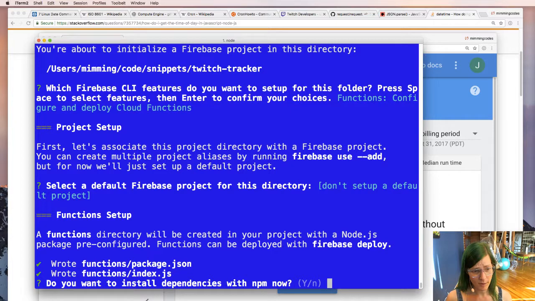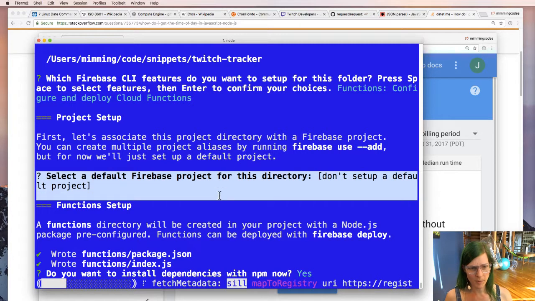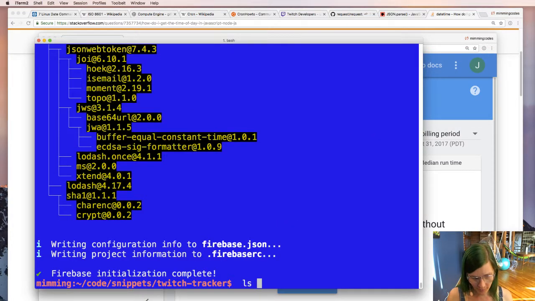Yeah, we'll use the default. Sure, so the dependencies and npm, then we're going to kind of merge these scripts together. The projects feature is an ability to have multiple projects on the same account, so you can switch back and forth between configurations. It's, for example, a way to deploy to staging and production separately.